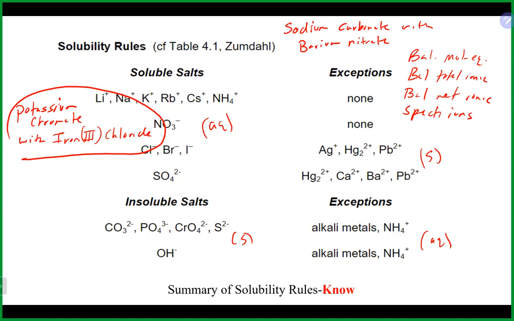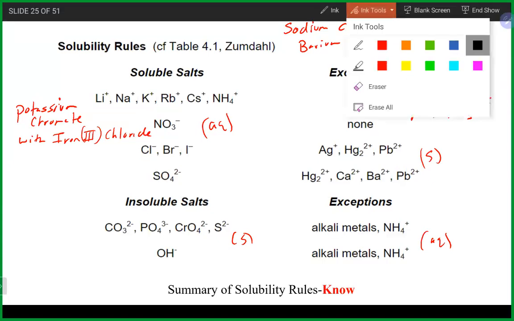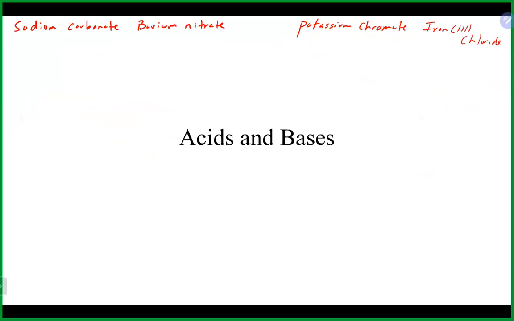Let's take a look and see how we're doing. So I think I'll go to the next page here. The first thing we want to do, obviously, we're just given two things, sodium carbonate and barium nitrate. They're going to react with each other. So we want to start with the correct formulas. So sodium is +1 and carbonate is -2. So we should get sodium carbonate, Na2CO3. We're going to react that with barium, which is +2, nitrate, which is -1,